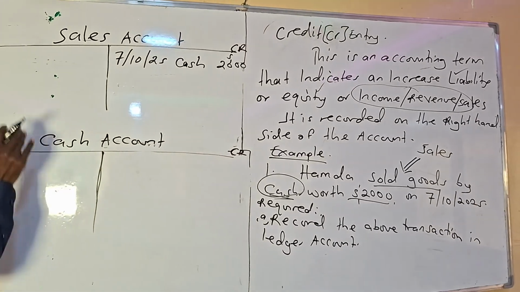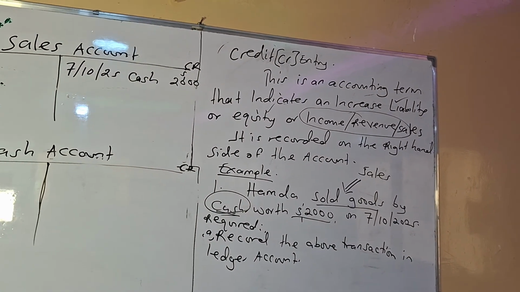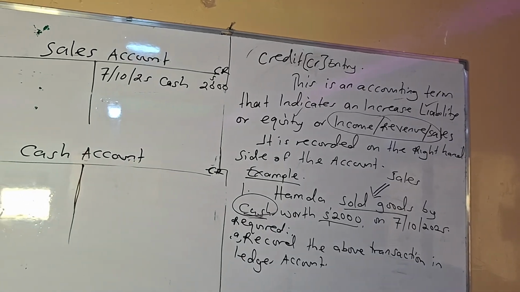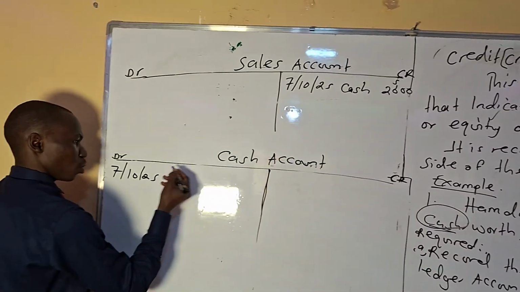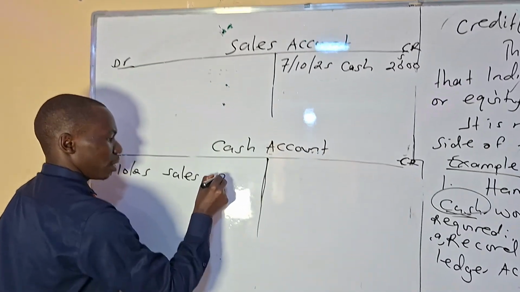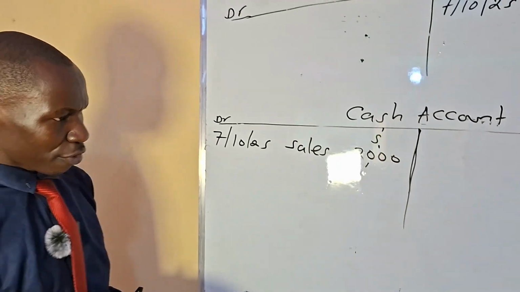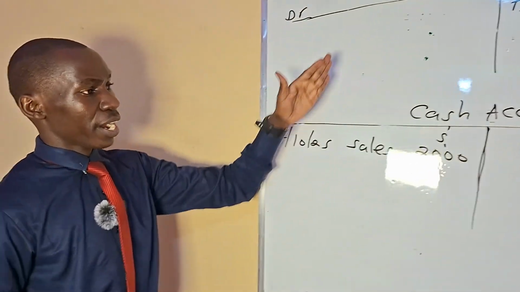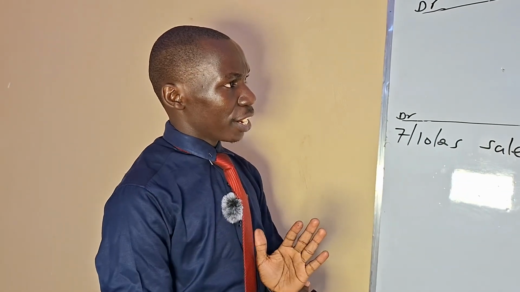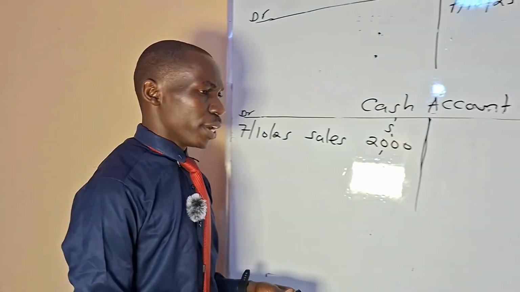You come here, pick the same information concerning the date, 7th October 2025. Cash is increasing from where? From sale of goods. How much? 2,000. By doing that, we have completed 100% recording our transaction correctly and complied with the principle of double entry system. So in summary,